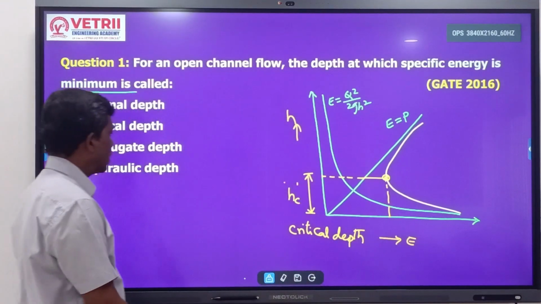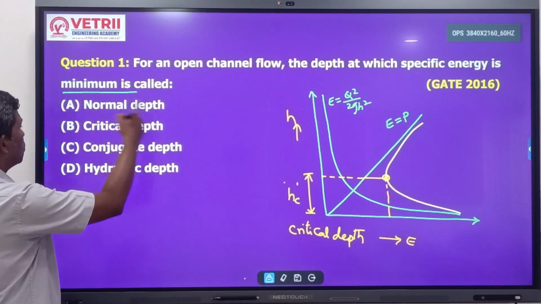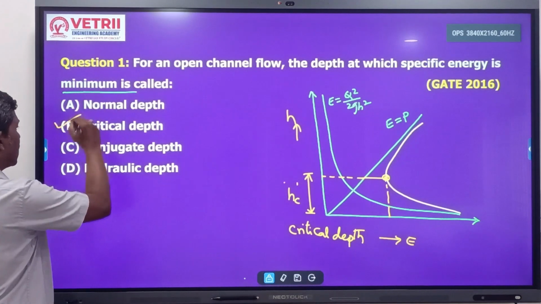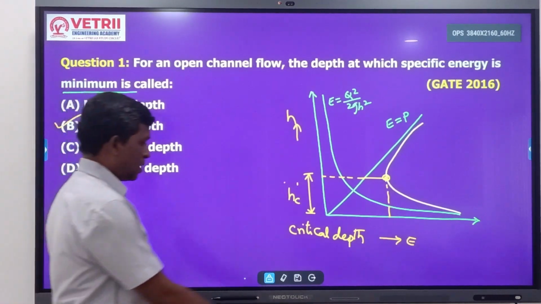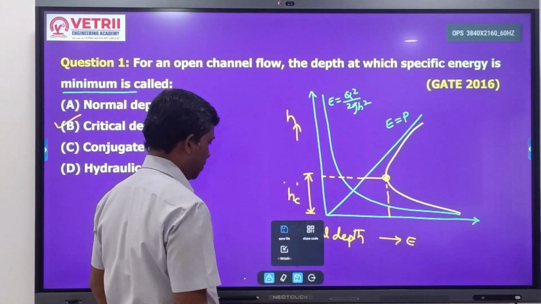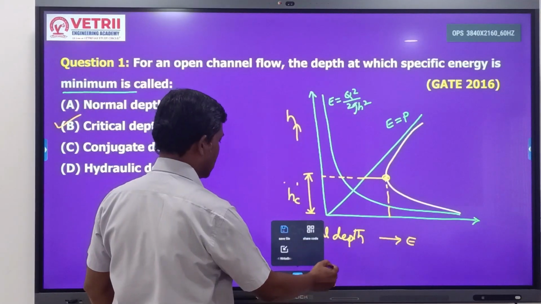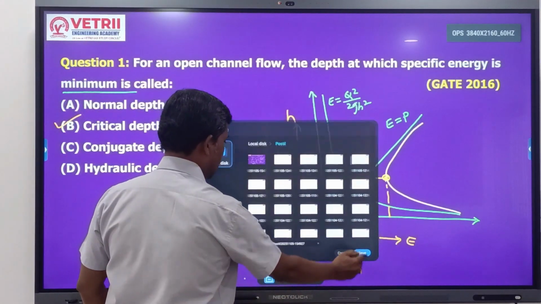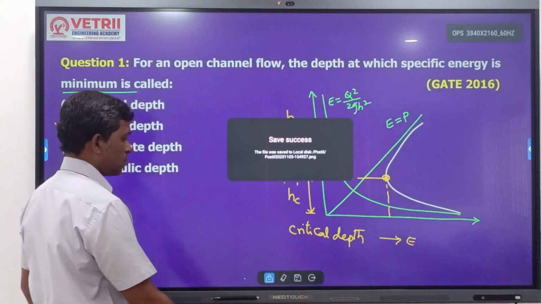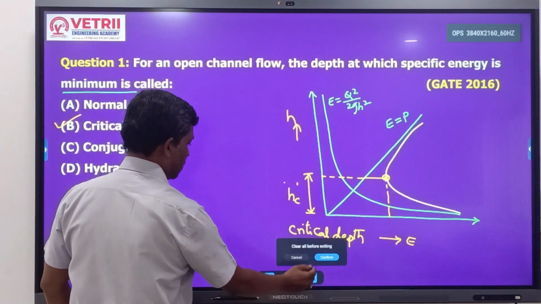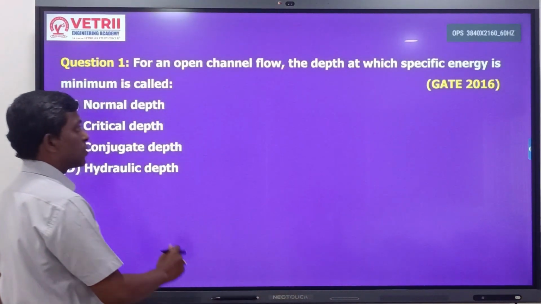Critical depth. So what is the answer here? The answer here is critical depth. We get 216%, right? Okay, next we have